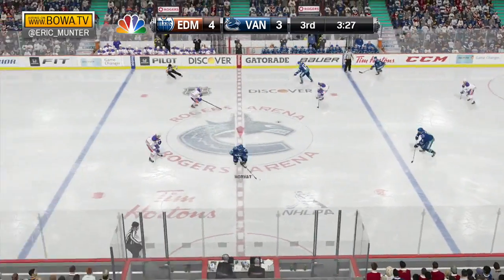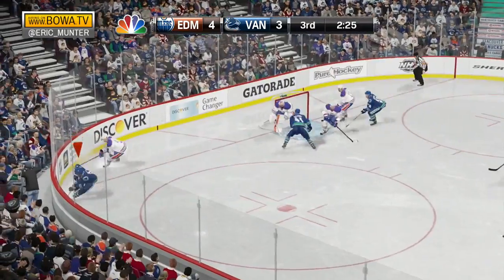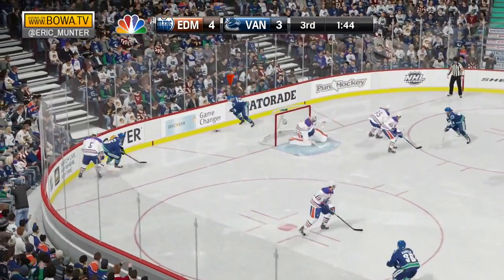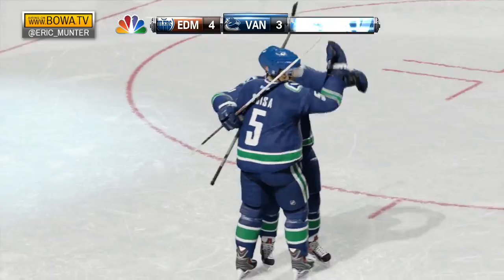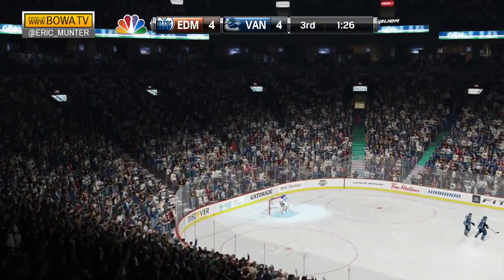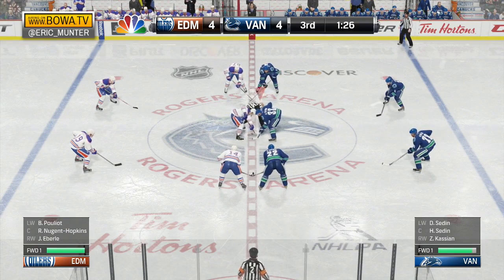Cannons moves it up and ahead. Here's Bo Horvat. Horvat over. Lucas Spiza, save made. Spiza goes to the wall, has the puck. Cheating in from his point position, down low to Bo Horvat. In front, a man! They score! Ronald Cannons gets the tying goal. Horvat and Spiza assist, and look out, it's the